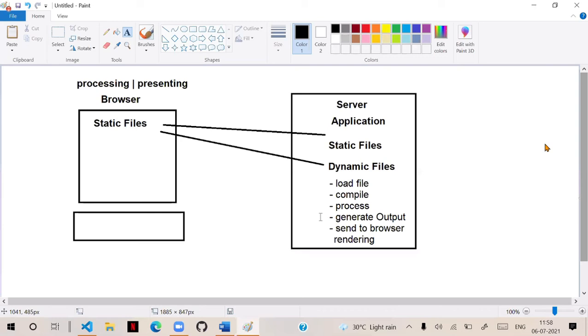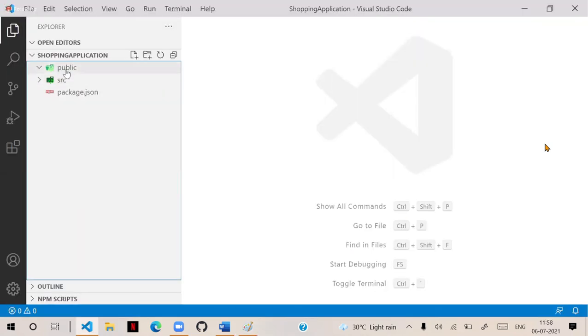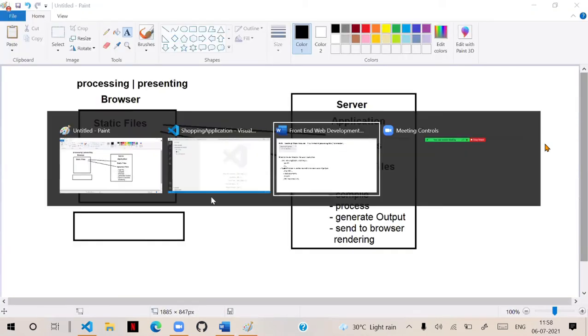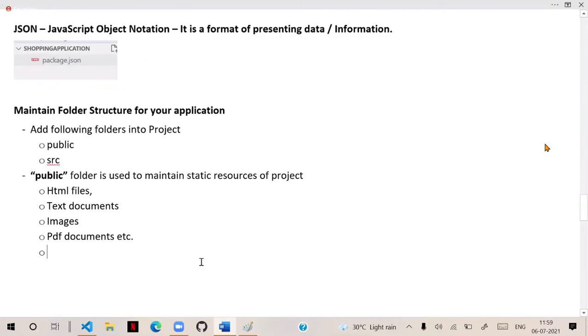If a lot of work has to be done, compiling, processing, then they are dynamic files. They are processed according to the request, and they generate output and send the output. So static files are kept inside this public folder, and SRC contains all dynamic files. That means SRC is the folder used to maintain